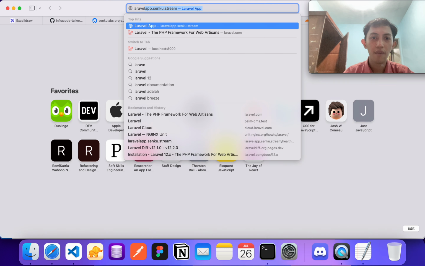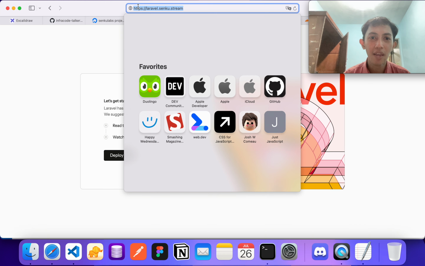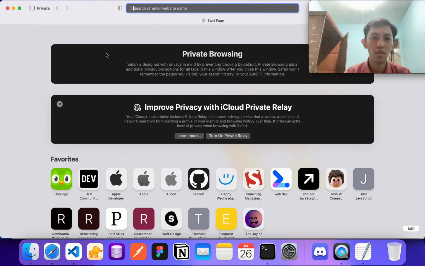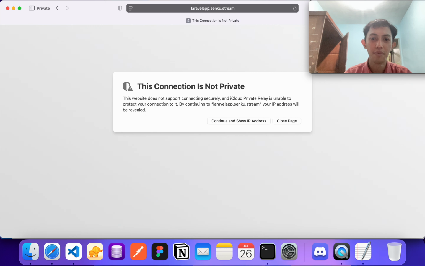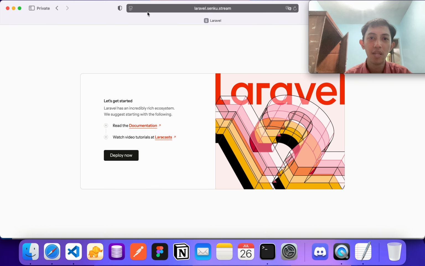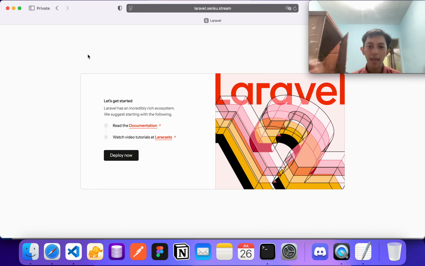Open again Laravel.sendCoString. Yeah, this is it. Everything is using the HTTPS protocol. If I open a new private window and type Laravel.sendCoString, yep, we have the HTTPS protocol. Yay, we are done. But we are not done yet. I will give you an additional